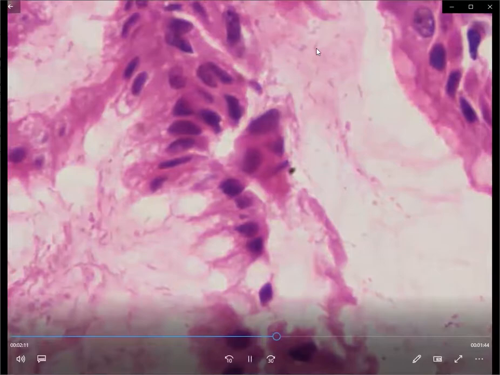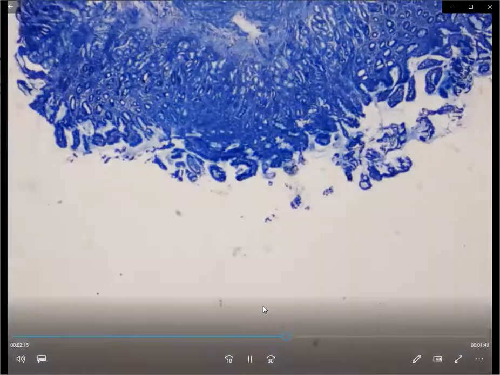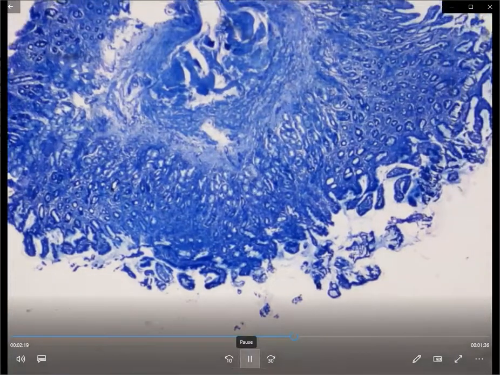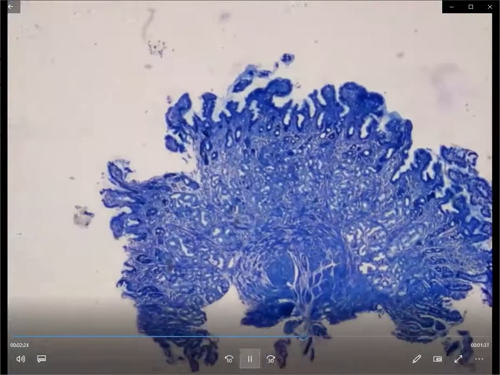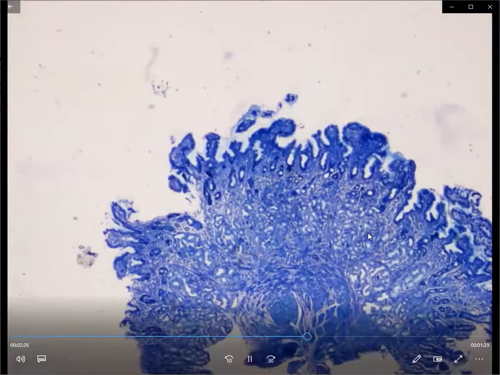Here we can see numerous rod-shaped bacilli. They could be a little comma-shaped in areas, but they will not be corkscrew-like, which is a different morphology altogether. So when we say H. pylori, there is a little bend, and sometimes they just appear as rod-shaped bacilli. What next do you do to confirm this?